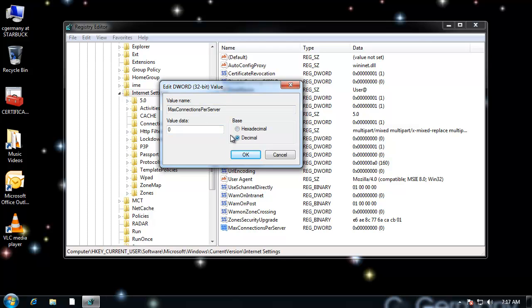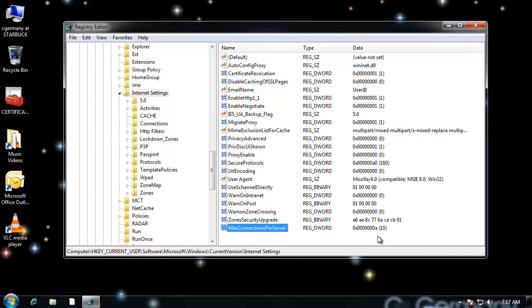So you can do that, or you can do this as a shortcut. If I check the decimal here, and I put in 10 and I click on OK, watch what happens. Well, that's 10 in decimal, but it goes ahead and puts the hexadecimal value in for me. That's kind of cool, huh? So that's max connections, and that'll change them from the default of 2 to 10. And you could do more if you want. It depends on how much memory you want to allocate for buffering and downloading and things like that. But that would give you just a little bit more freedom as far as downloading more than just 2